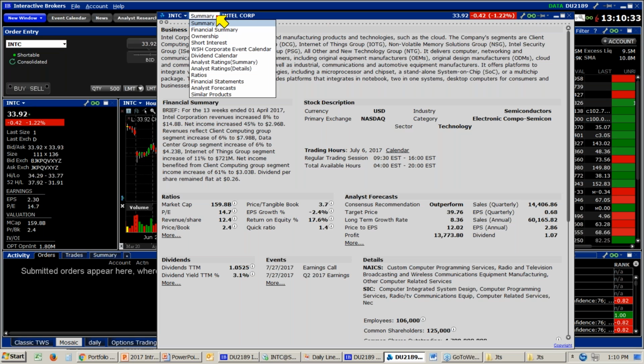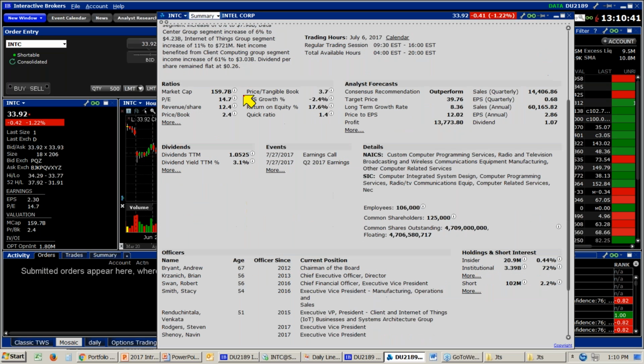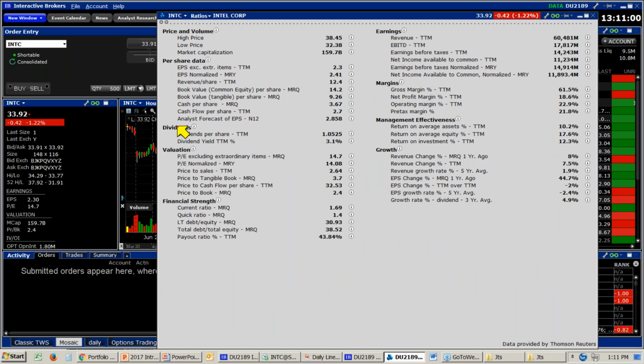You'll find there are several different pages, including a summary or an overview of the business or the corporation you're looking at. Notice different categories of information, and wherever you see an information icon, hover over it for additional tool tips. You'll also find there's more, so if you are looking for date of record, notice we have a dividend section that's included, so I'm going to click that More button, and here you can find additional information about